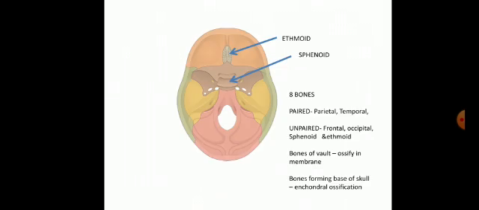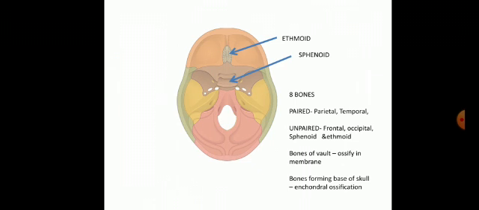So this is the base of the skull. We are viewing it from its inner aspect. The dark brown bone labeled as sphenoid is an unpaired bone. It has a body. The spread out part is called the greater wing, and then above that we have the lesser wing. This bone resembles a butterfly shape.